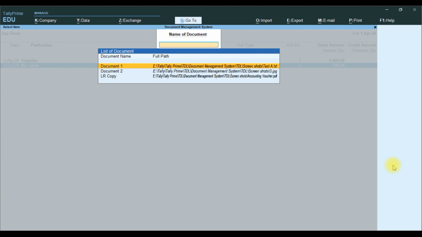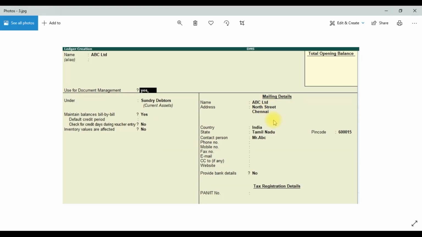If we attach multiple documents, it will show all the list, and here it will show the full path name, the path where we stored the document. If you want to see the document, you press on the document, it will open.